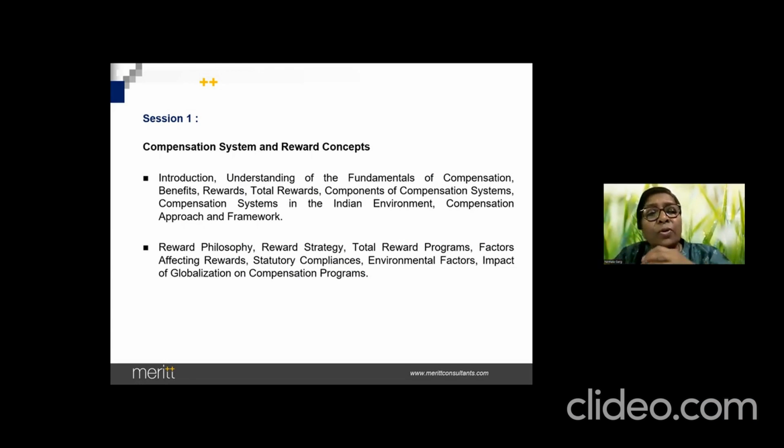Okay, so what are we going to do in these 4 sessions? As Vilma has explained to you, in the first session, we're going to set the context. We're going to talk about some of the factors which impact compensation. And then we go down to understanding the basic components of a compensation system. And then we'll also talk about some parts of strategy there. And then the fundamental principle of equity theory. That's what we are going to do, which will set the context for the next 3 sessions.